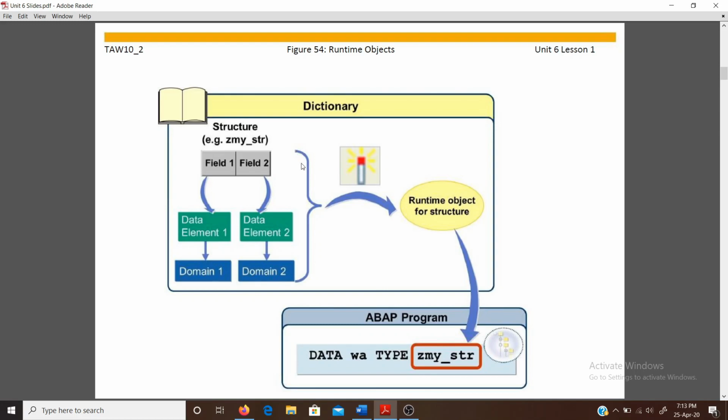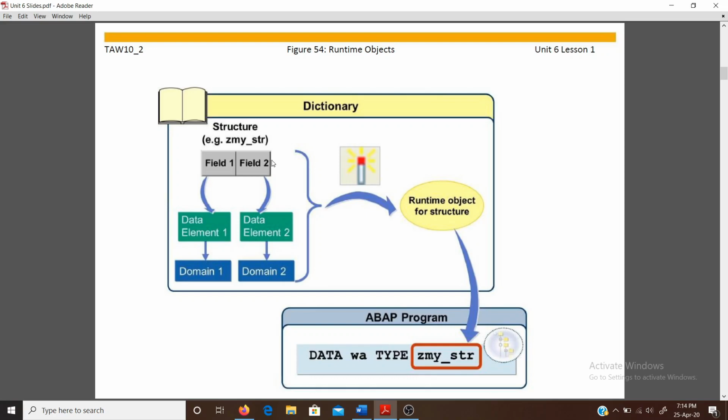Once you have created and activated this structure, it is accessible through all the SAP system. You can access this structure in ABAP programs. The structure name is the same as we created in the dictionary. So this is called a runtime object.